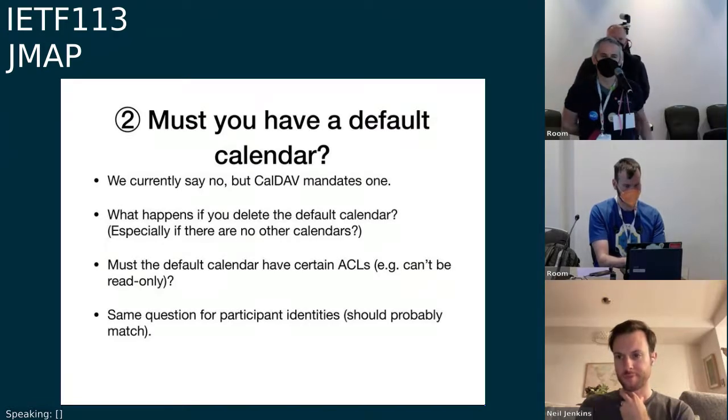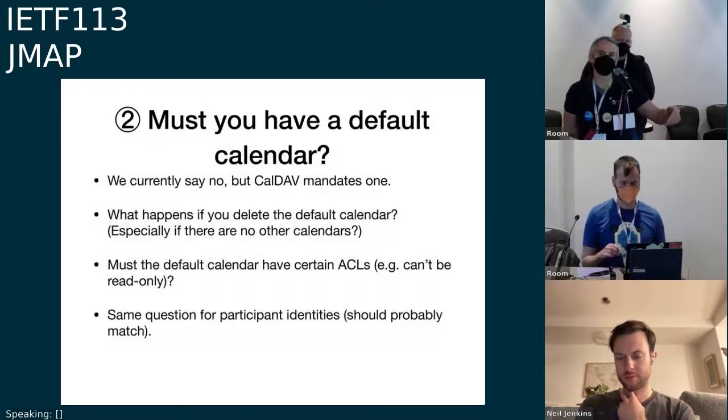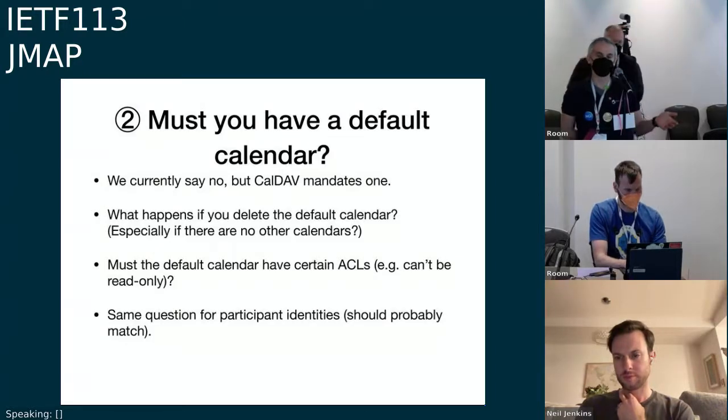Another point, mentioned before: if I delete the default calendar, some other calendar might be promoted to be the default calendar. I just want to raise the point that typically the default calendar in most systems, since it pre-exists, doesn't have a particular name. Some systems give it some weird name like default, or the identity of the user.